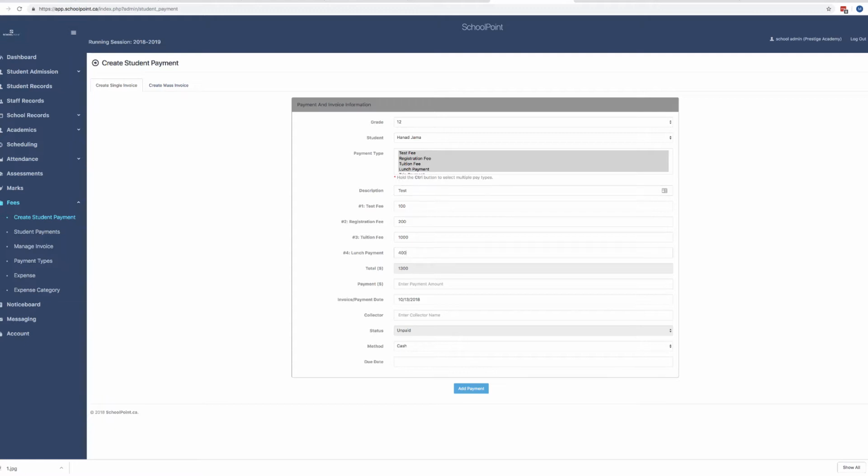Yes, so the lunch payment, for example, is $400. The amount they're paying, let's say, is 400. Let's say they're paying $700 today. So whoever is collecting it puts their name here. Okay, and let's say the due date was the 10th, and I'm gonna add here,